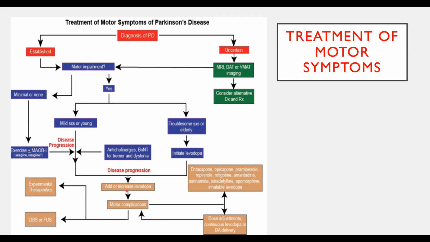If the patient does not tolerate it, or even after reaching the maximum dose the patient still has Parkinson's symptoms, you can add on drugs like a COMT inhibitor, a dopa agonist, or other newer drugs like apomorphine or istradefylline. Okay. Even after that, if the patient has severe motor complications, you need to tell the patient about surgical intervention. Okay.